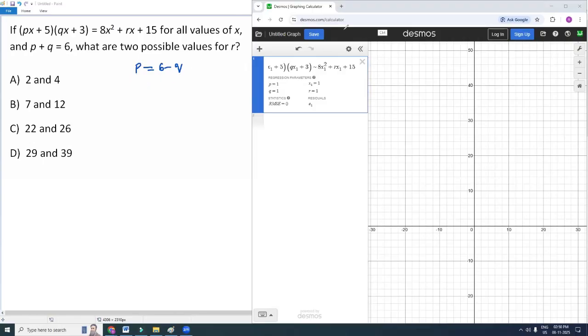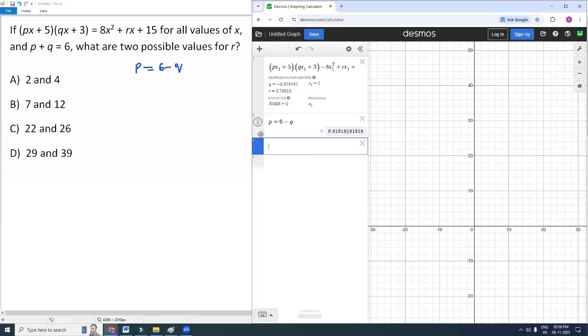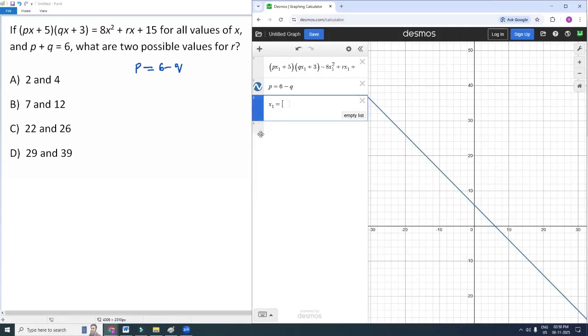Now let's take this one as input in Desmos over here. Okay, let me type it. That is p = 6 − q. And the equation we have in the problem contains multiple unknown constants like p, q, r. Since it contains multiple unknown constants, we have to give multiple values as input for x, I mean for x1 in Desmos. Okay, now let me type x1 equals